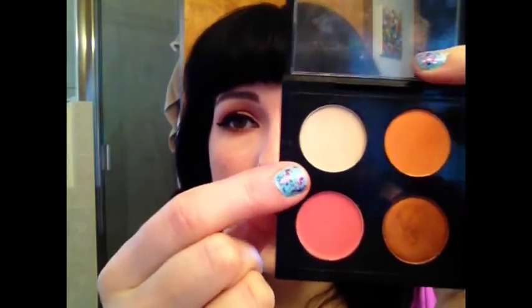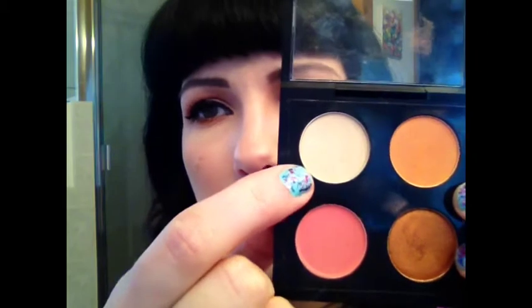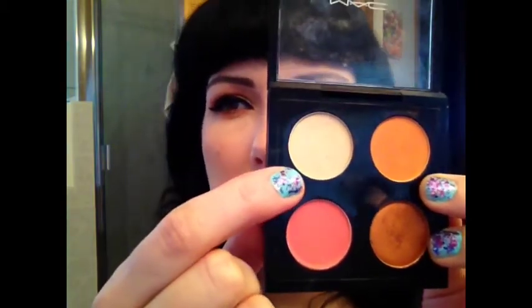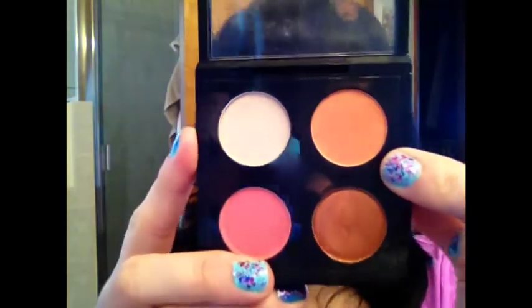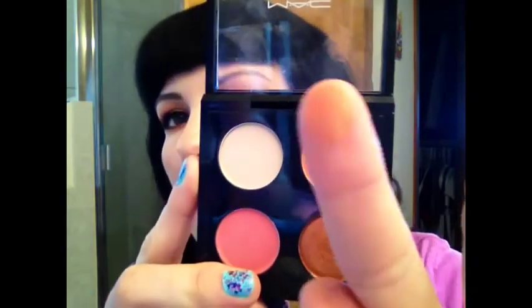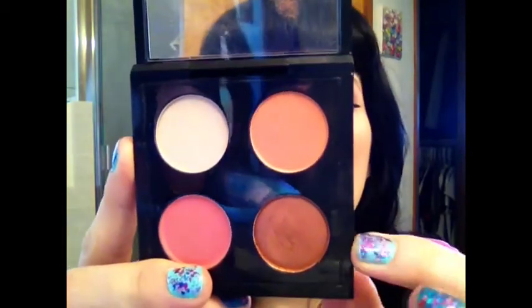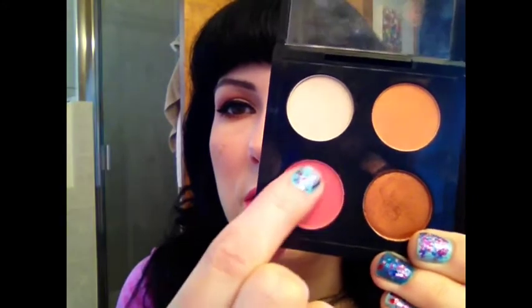This guy, I'll tell you what they're called. So this is Call Me Bubbles, which is a satin, which is kind of similar to Shroom. It's maybe not as frosty, a little bit of a softer kind of tone. I think Shroom is actually a frost. So it's like Shroom, but in a satin format. This is a frost. It's called Fresh Daily, and it's just a really gorgeous kind of orangey, peachy color, and it's just so beautiful. This guy, which is my favorite, it's called Full of Flavor, and it's a matte, and